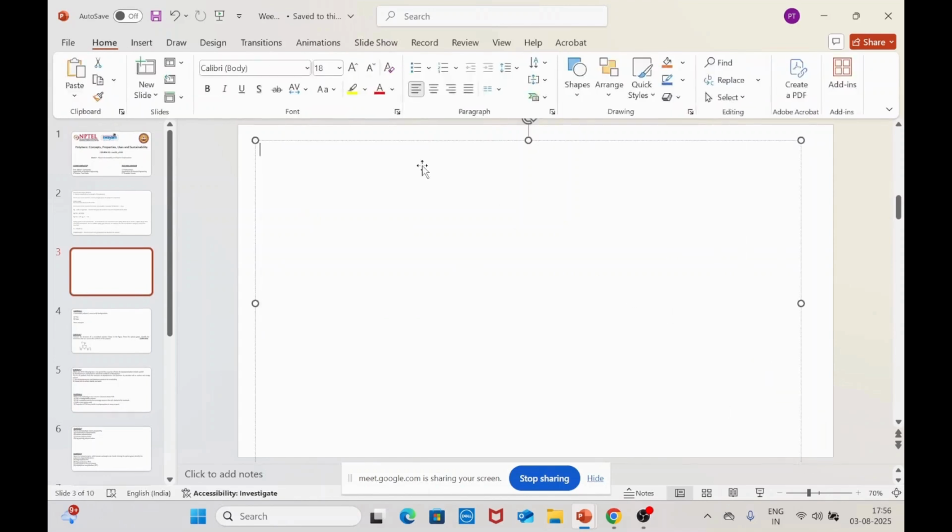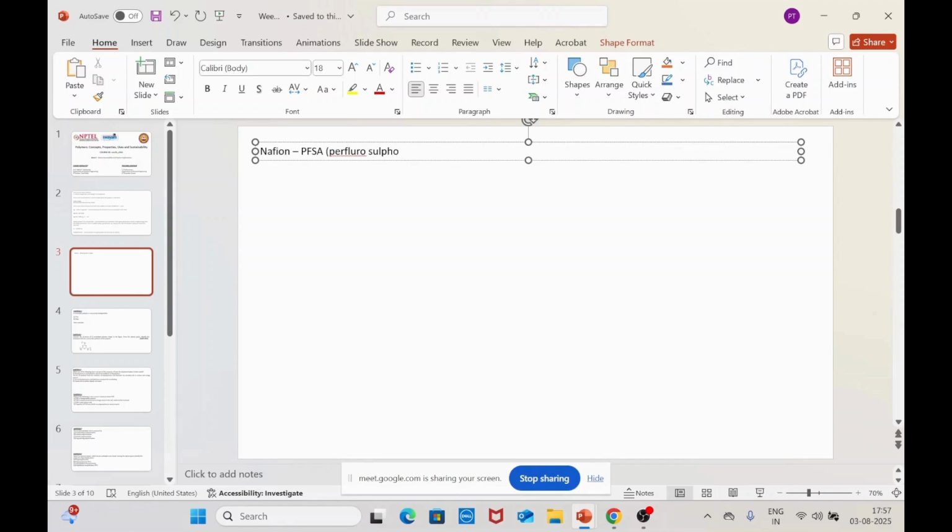The chemical name is PFSA, which means perfluorosulfonic acid. So what it is, is that it has a PTFE backbone, and then SO3H groups are